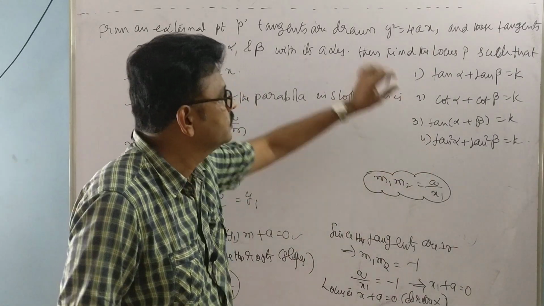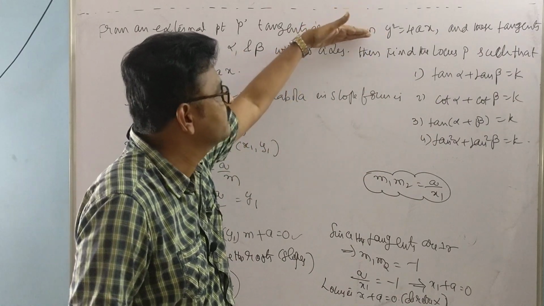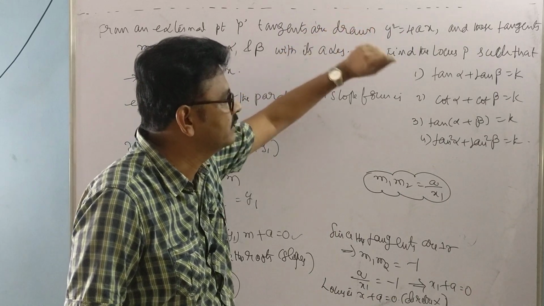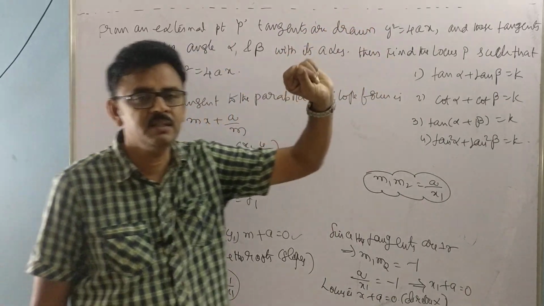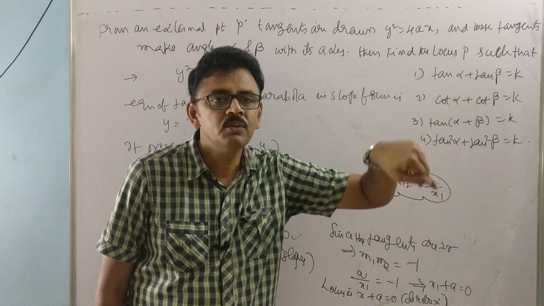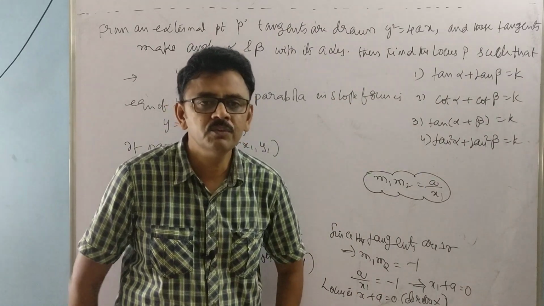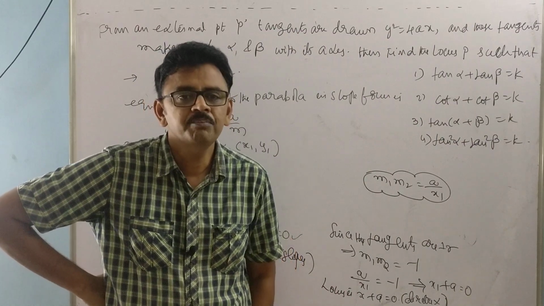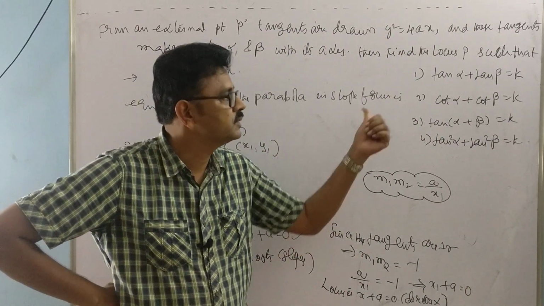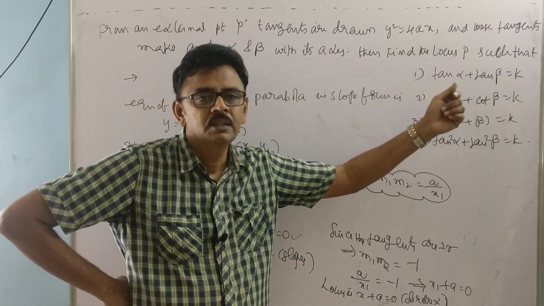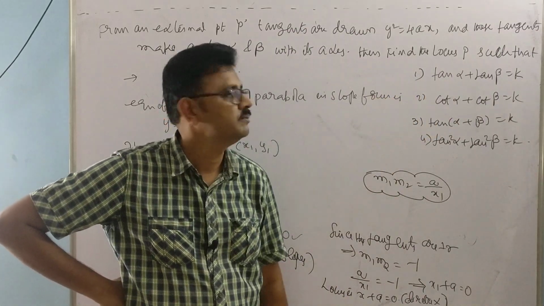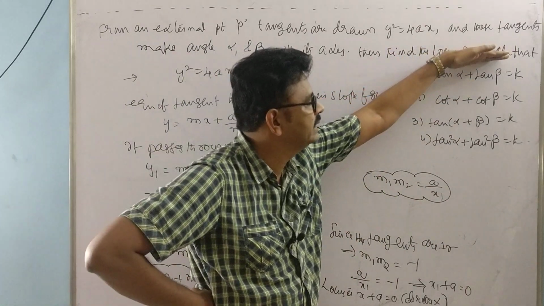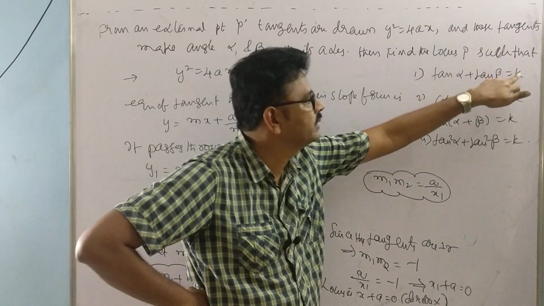In 2019 this question was given as a 7 marks question. Majority of the students were not in a position to write this one because it is a very simple question but non-routine. Students go only for standard questions. Those who are preparing for objective mains and advanced exams can write it very easily. It's a matter of only 2 steps. Find the locus of the point P such that tan alpha plus tan beta equal to K.